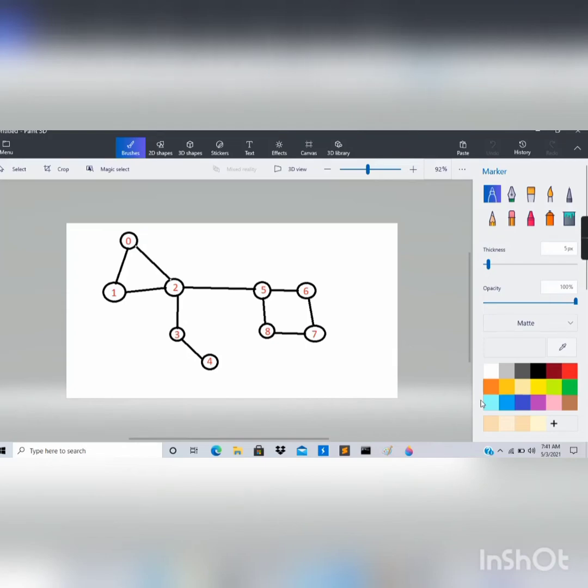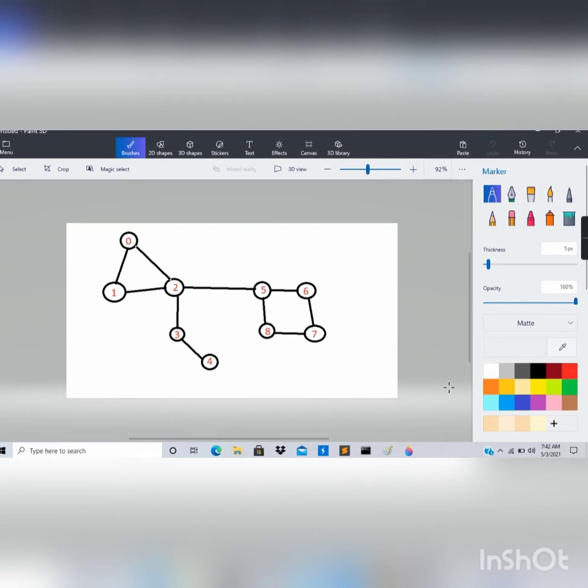So articulation point. What is an articulation point in a graph? An articulation point is that node which, when removed from a graph, increases the number of components in the graph. Previously we saw what a bridge in a graph is. A bridge was that edge which, when removed from a graph, increases the number of components. Similarly, nodes are called articulation points if we remove that node and delete all its edges, and the number of components of the graph increases, then that node can be called an articulation point.